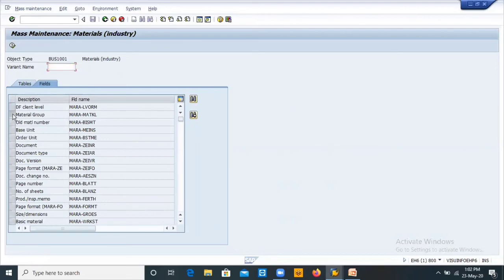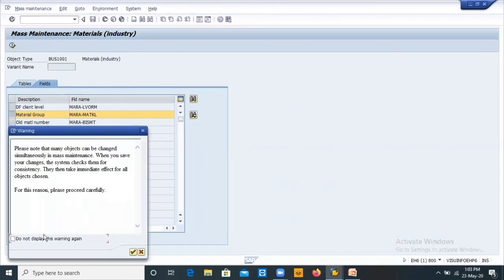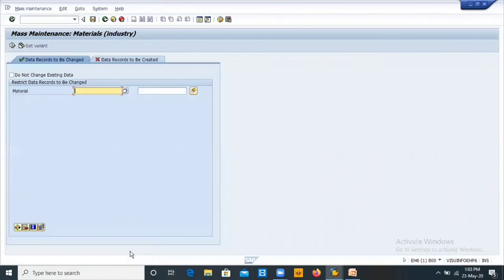If I want to change the material group, I am taking one material group and clicking on it. Here we'll give the material list. Take the action MM60.